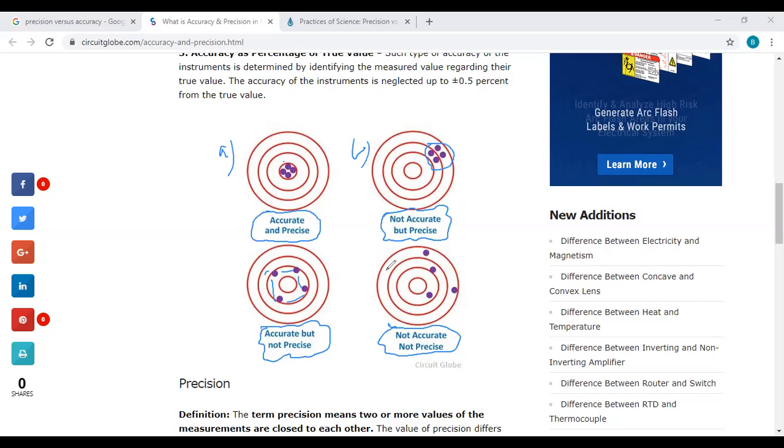Precision is how close the values are to each other. Like you get 3 or 4 readings, four different readings. Now if those readings are precise, they would be close to one another. But if they are far away, not close to one another, then they are not precise. Accuracy deals with how accurate the values are to the original or true value. So this is the difference between precise and accurate.